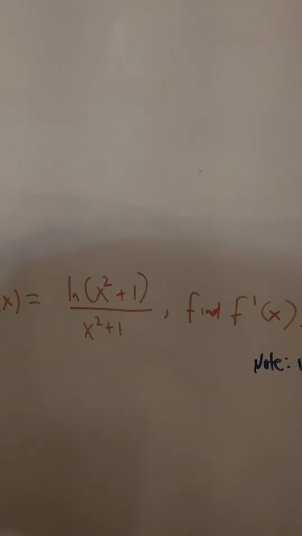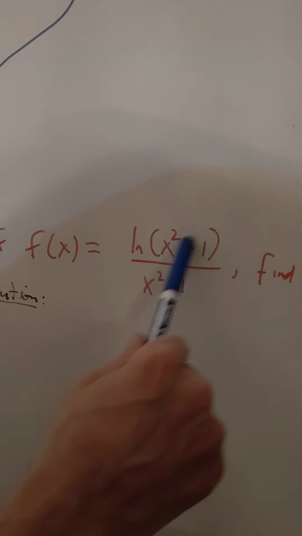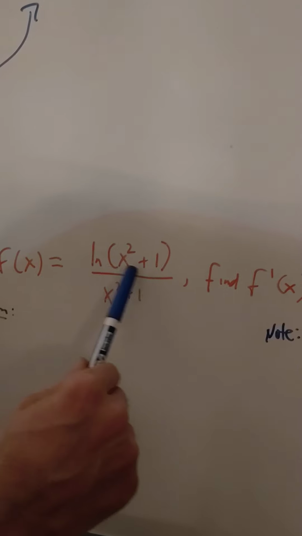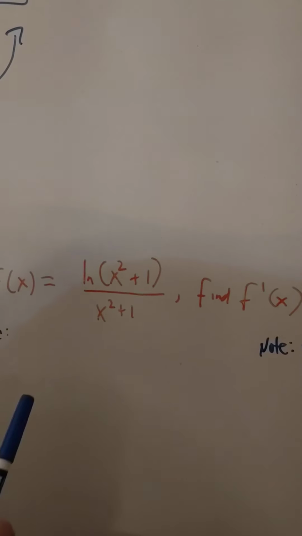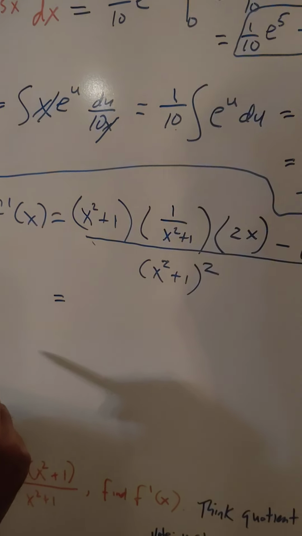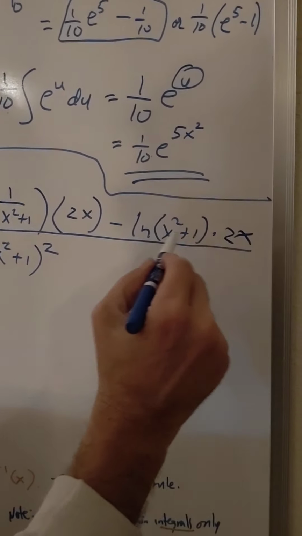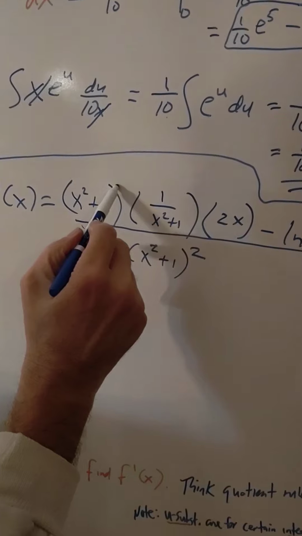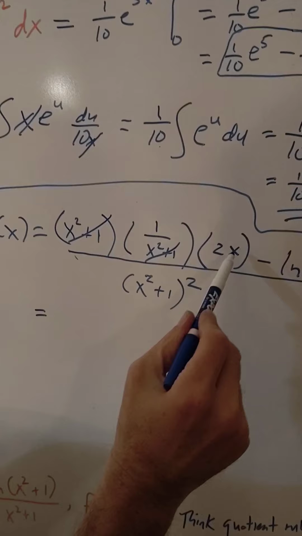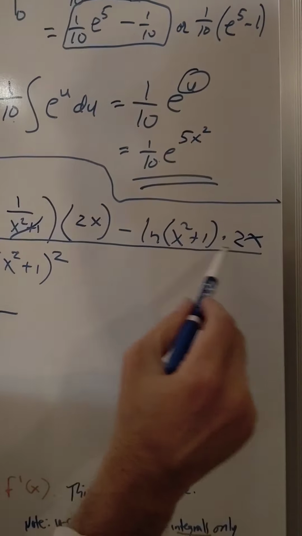Okay, so now let's simplify this. And by the way, don't make this a careless mistake. You can't go x squared plus 1 cancels with x squared plus 1, because this is not a factor. This is an argument for the log. It's sacred, so you cannot cancel. Okay, so let's continue here. I'm going to try to simplify this. So this derivative is now going to equal, these are all factors in this first term minus this second term, which is all factors. So the x squared plus 1 on top cancels with this x squared plus 1 on the bottom. And then I'm just left with 1 times 2x. So that first term is just 2x minus,